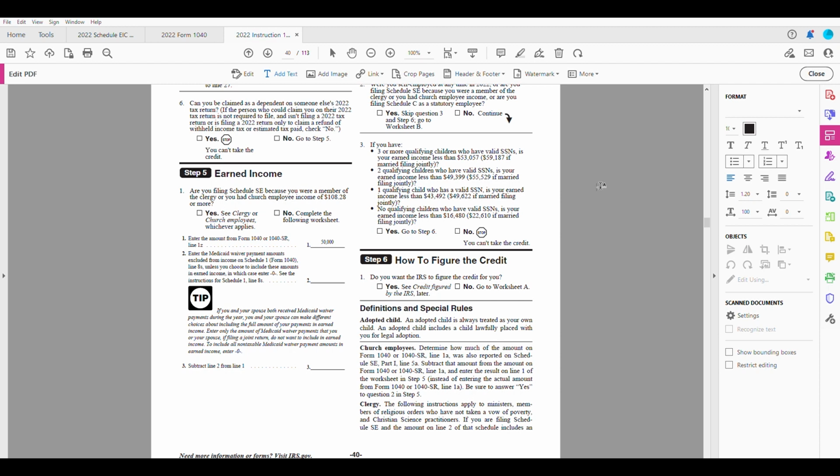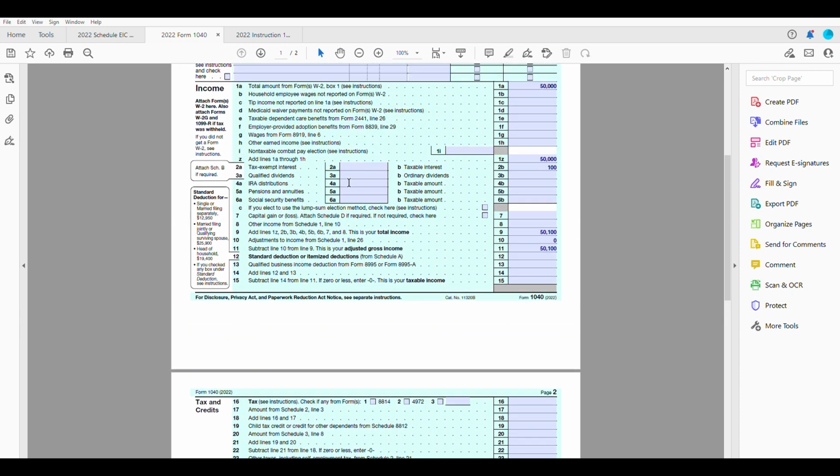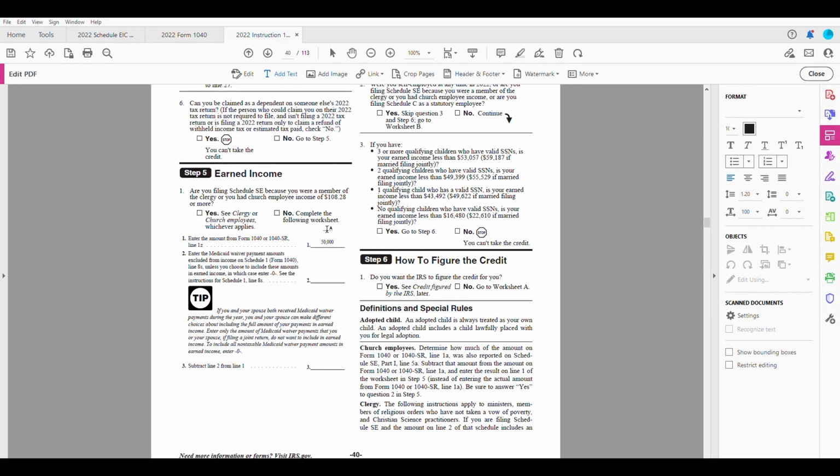All right, here's step 5, the earned income. Are you filing Schedule SE? This relates to self-employment income. In our example, no, these taxpayers don't have any self-employment income. We go to question 1, enter the amount of Form 1040, line 1Z. If you go back to our 1040 here and go to line 1Z, you can see we have 50,000. If we go back to the instructions, put 50,000 here, follow these questions,